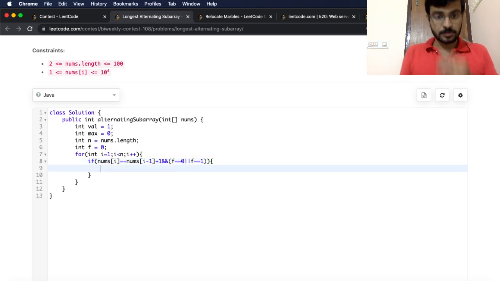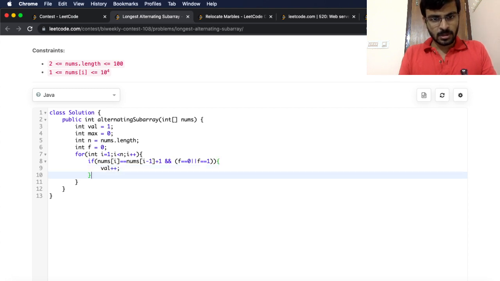These are the cases when you expect one greater now, and then you will basically say val plus plus and flag is equal to 2,